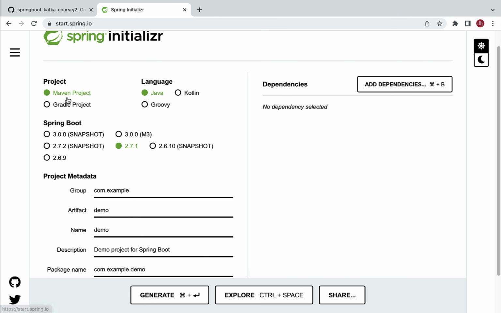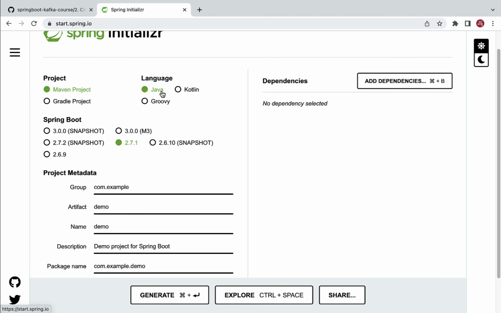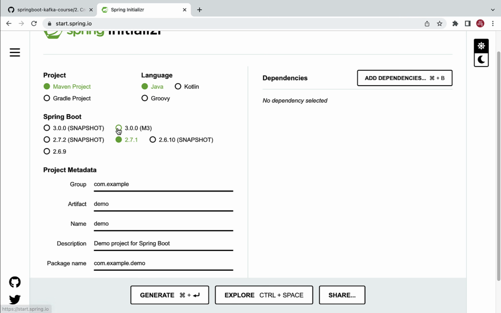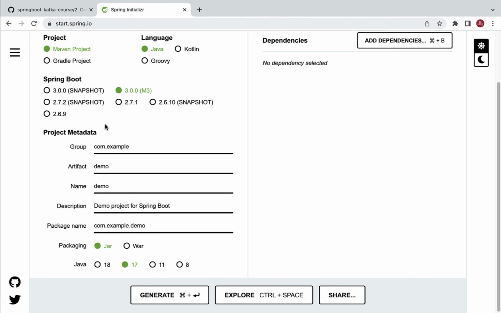Let's keep Maven project as selected, language as Java, and go ahead and choose Spring Boot version 3. You can choose Spring Boot 3 version as a snapshot or milestone. Here I am going to choose the Spring Boot 3 milestone. Next, let's fill up project metadata. Let's give group as net.javaguides, and then artifact order-service, and next name. So name is same as artifact, and description, let's give demo project for Spring Boot